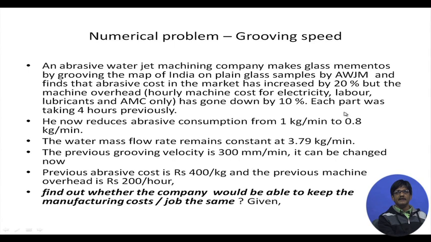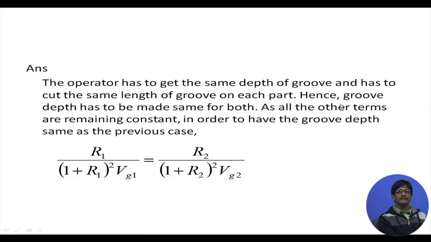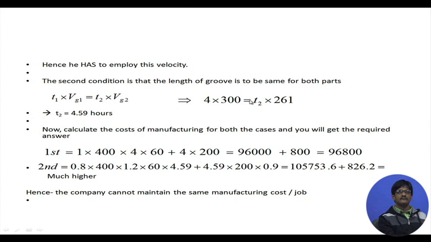Oh, each part was taking 4 hours previously. Okay. So, we have put it here: 4 multiplied by the grooving speed is equal to the second time multiplied by the second grooving speed. Grooving speed having been solved before, we get the time 4.59 hours, and after that you just have to finish calculating the